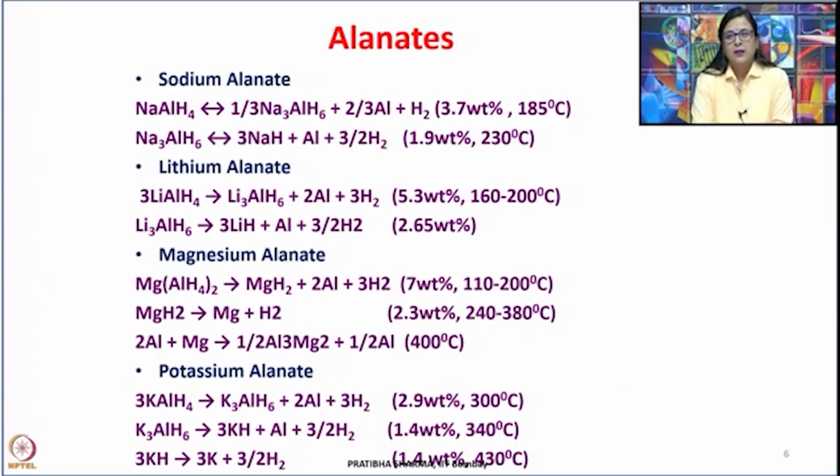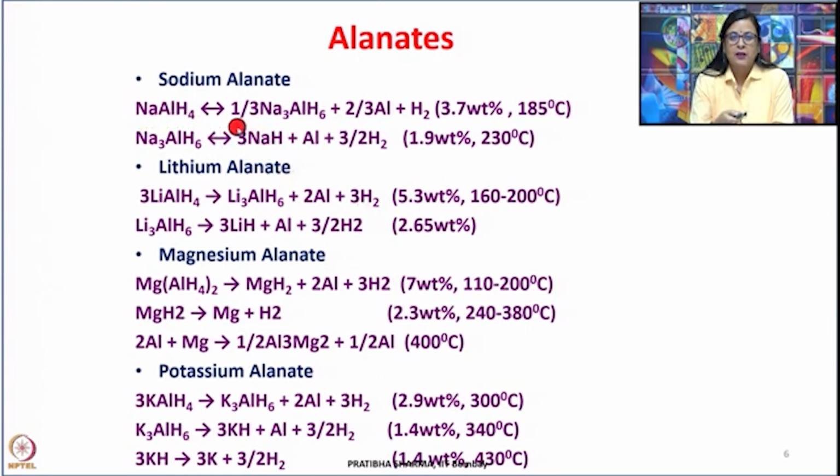Now these alanates, borohydrides, amides, imides, they desorb hydrogen in a sequence of steps. In each step they release a certain amount of hydrogen. Now let us take some examples. For example, sodium alanate